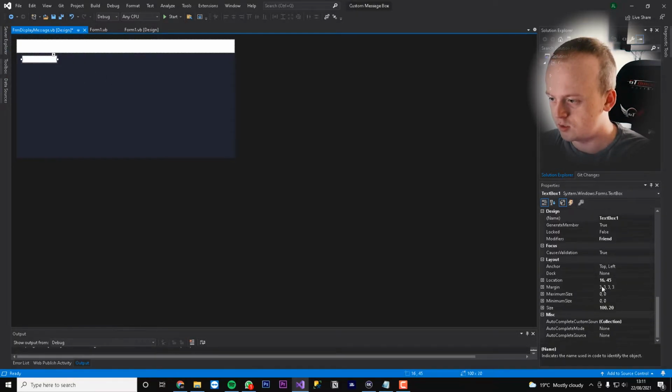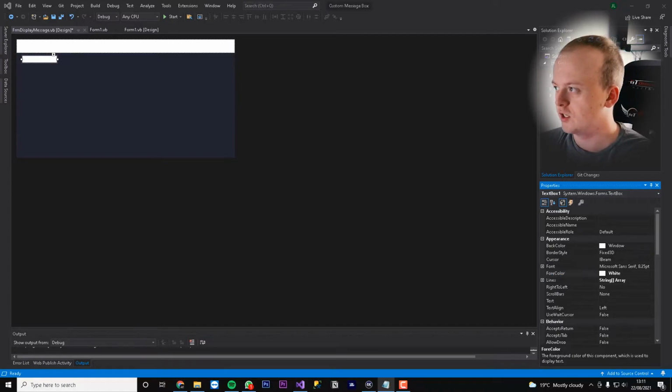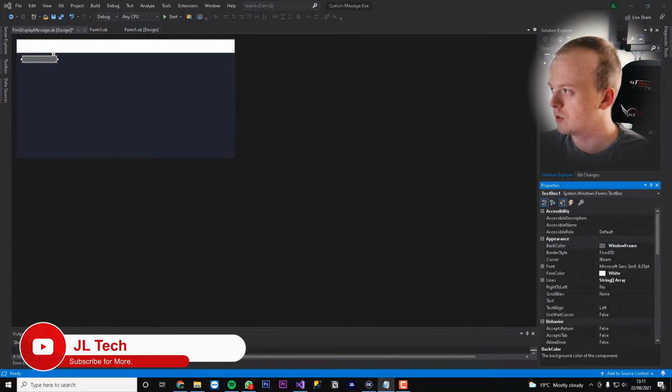And then what we need then is to get a text box, and we will change the fore colour to white. We will change the back colour to, no, that's not what I wanted. Let's just copy this over. Change the back colour to this.